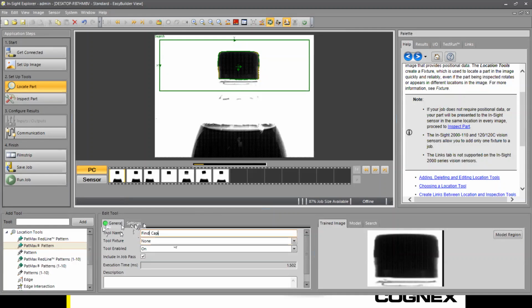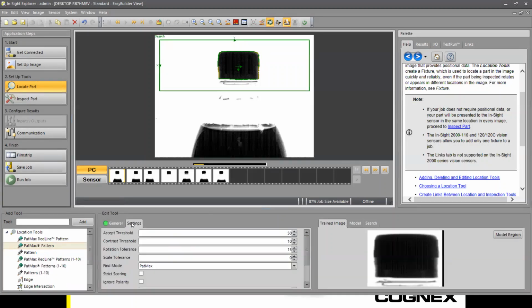Under settings, the General tab is the same for every tool. It enables you to give it a name, and you can put in a description. Is it a fixturing tool? No, this tool is going to be our fixturing tool. Under the settings tab, this is everything we can adjust and change for this particular